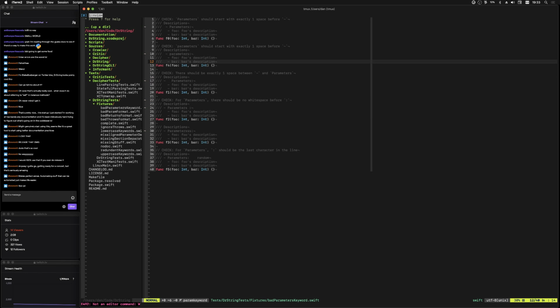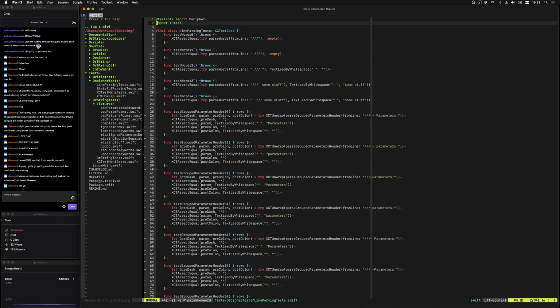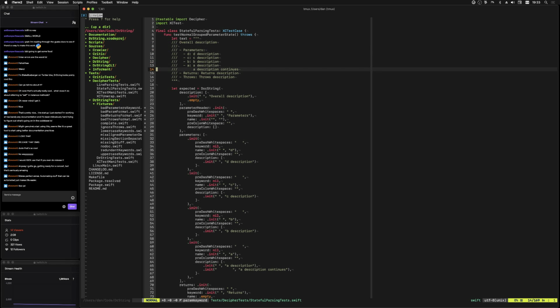Like before the stream, I already have these tests. Obvious, and this is some tests for my tool that has not been implemented. So we updated the parser so that when it parses that line, it extracts the information about all the white spaces and stuff to actually generate all those things. And then we updated the between line parser,